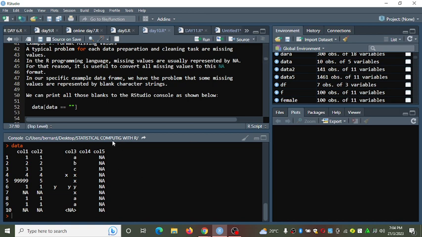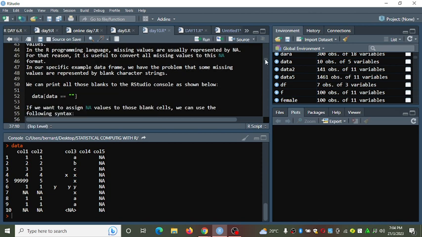the not applicable format that we have used on column number 5. In a specific example of a data frame, we have the problem that some missing values are present as blank character strings here. So we don't have those values here. Now we can print all those blank spaces in our RStudio using the data